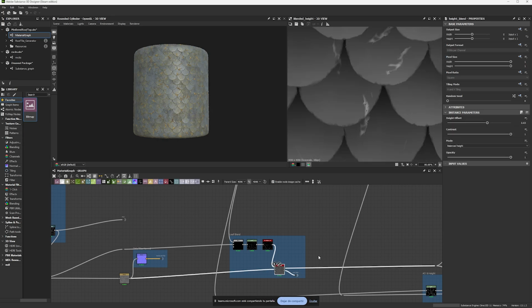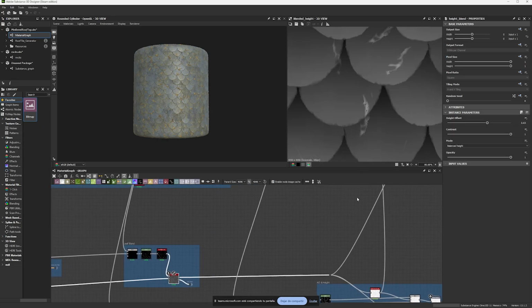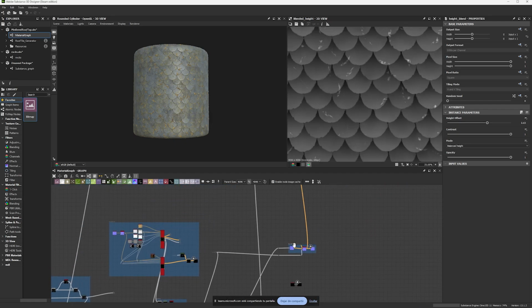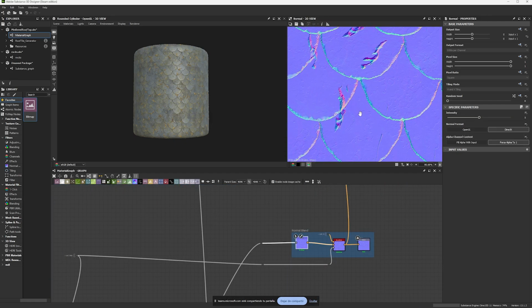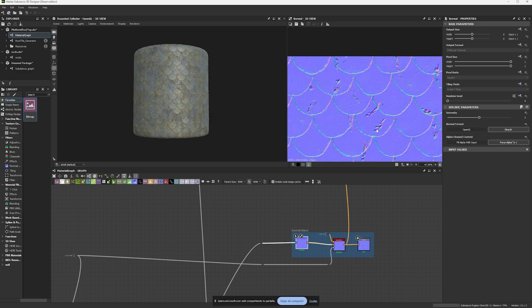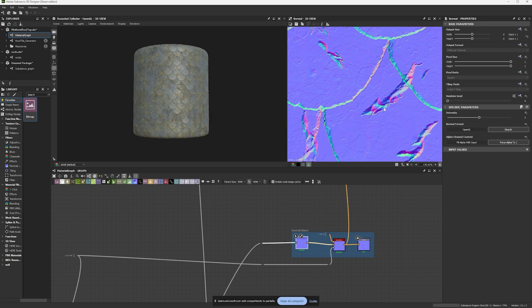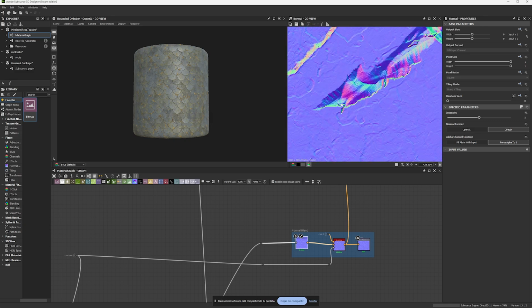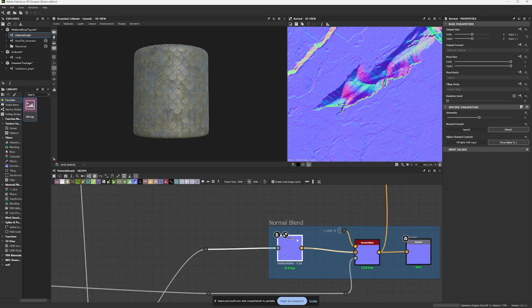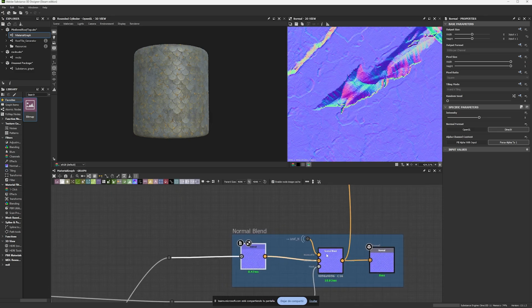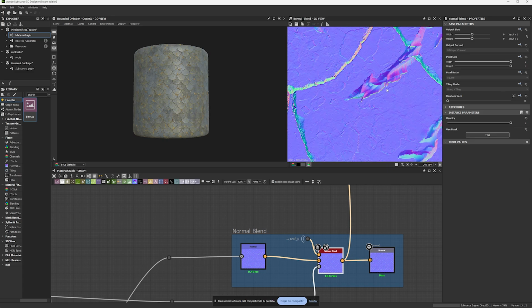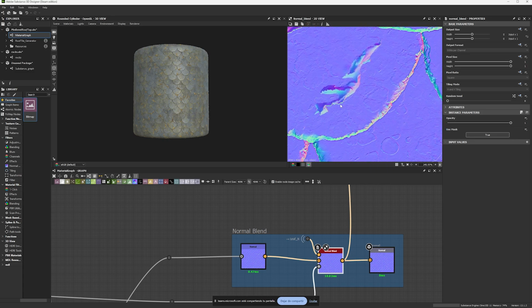But when you blend them and get a really nice result, like for example here, and then you go to your normal map, you're going to see that the normal map looks kind of good, but there's missing information. In fact, can you see the difference between the background and this leaf? It has some kind of blue noise on top. That's because of the 8 bits, basically, and also because we're not using the right normal. If I combine the right normal, you see that the leaves now transform into something a little bit softer.